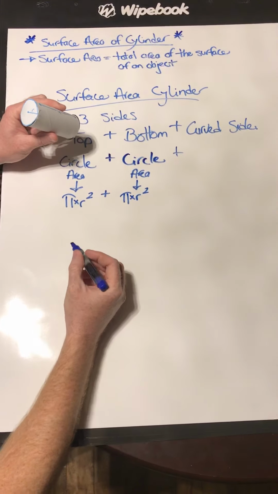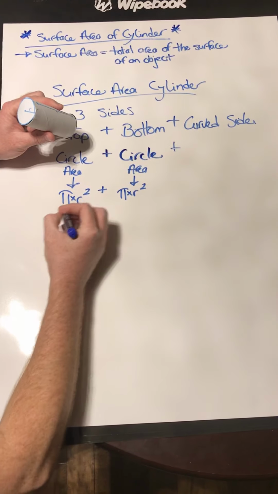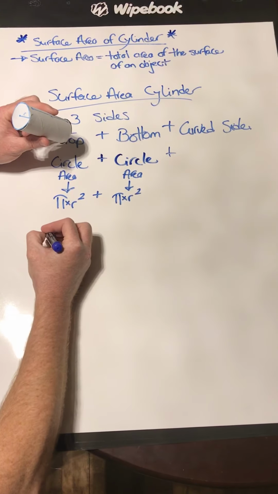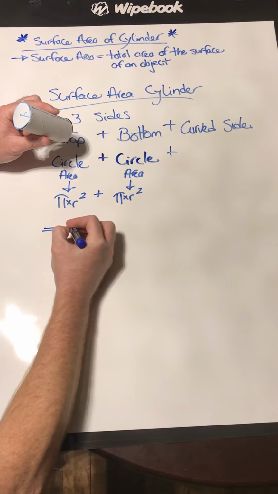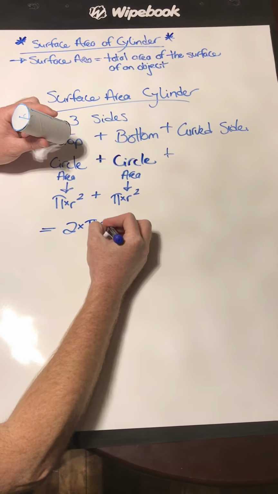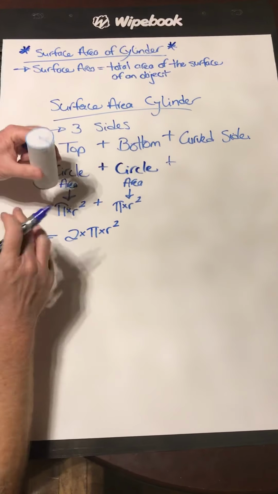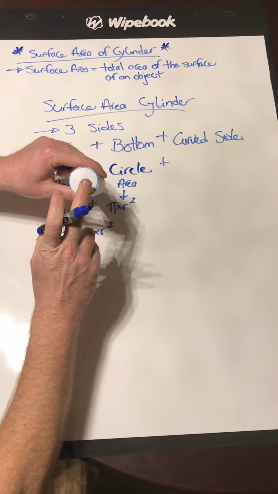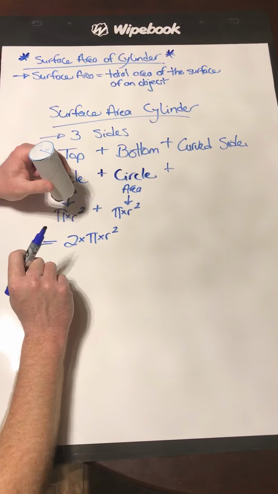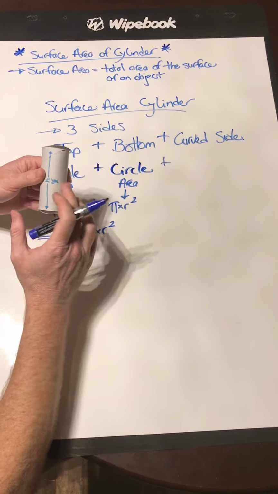And because this is repeated addition, and we have 2 of them, we can say it is equal to 2 times pi times r squared. So we've covered the surface area of the top and the bottom, but now we gotta figure out this curved